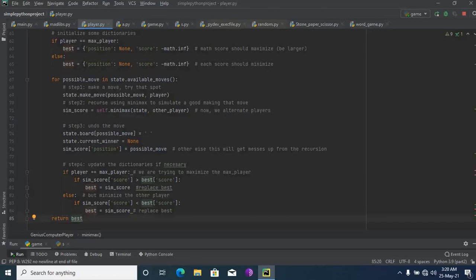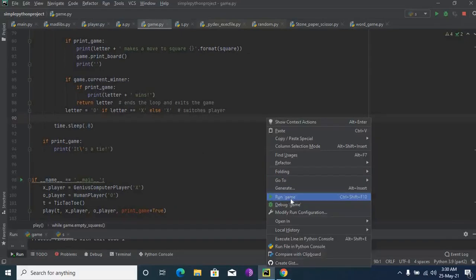Else, now we minimize the other player: if sim_score is less than best score, then best equals sim_score. Then return best. That's it, this is the program. In the next video I'll explain the minimax function clearly.